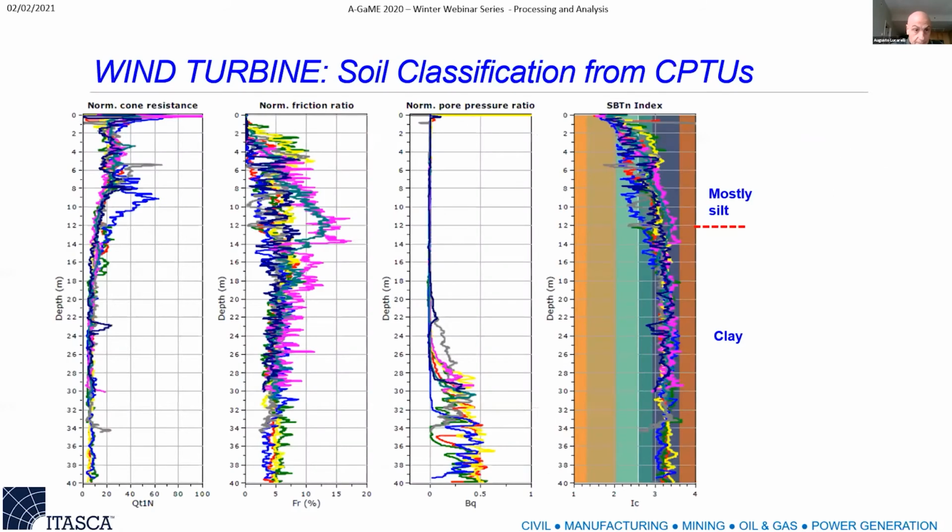Wind turbine, again, a site in which we didn't have any CPTs, and the concern was, do we need ground improvement to have a rotational stiffness compliant with the requirement for the turbine in this site? We asked for CPTs, and this is some of the profile that we got in terms of normalized strengths. We have a silt, essentially dominantly silt at the top for 12 meters, and then a clay. Keep in mind that here for this